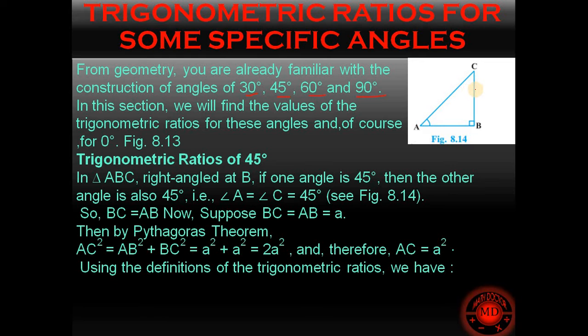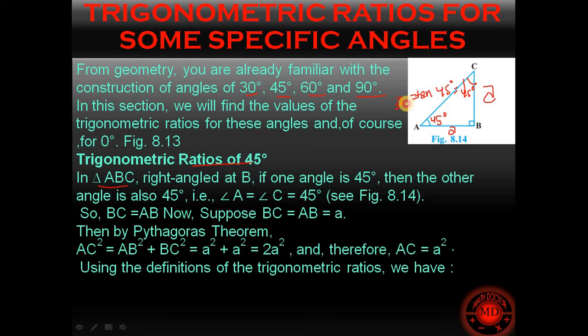As you see in the right triangle ABC, let's begin with the trigonometric ratios of 45 degrees. In triangle ABC, right angle at B, if one angle is 45 degrees, then the other will also be 45 degrees. Using trigonometric ratios, if these angles are the same, then these sides should also be the same. That is, tan 45 degrees is equal to 1, which is also equal to perpendicular upon